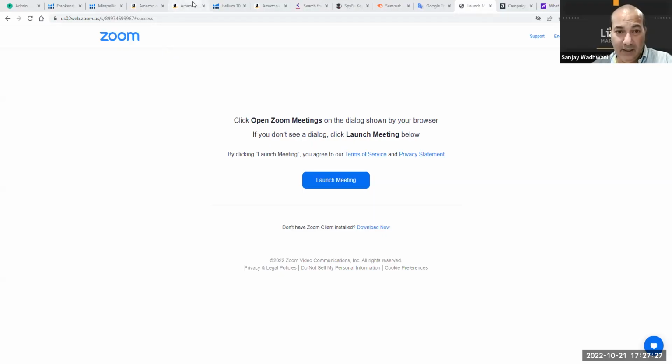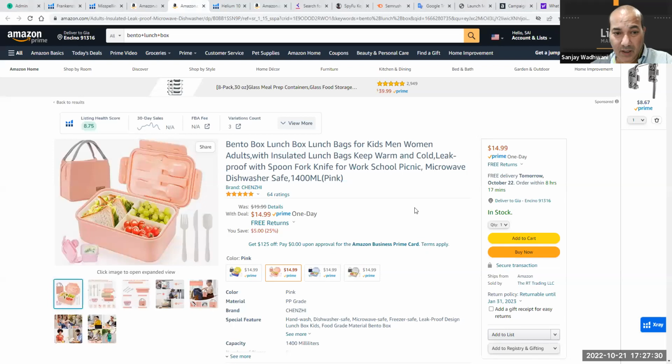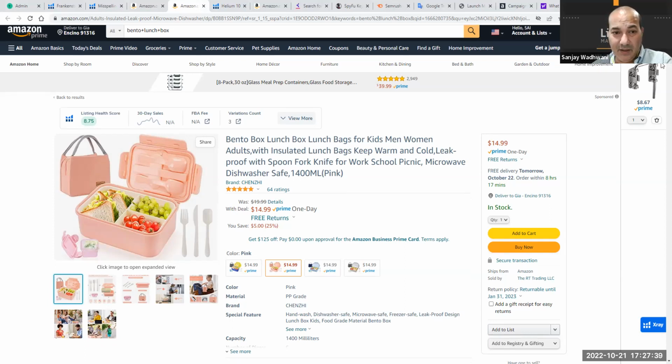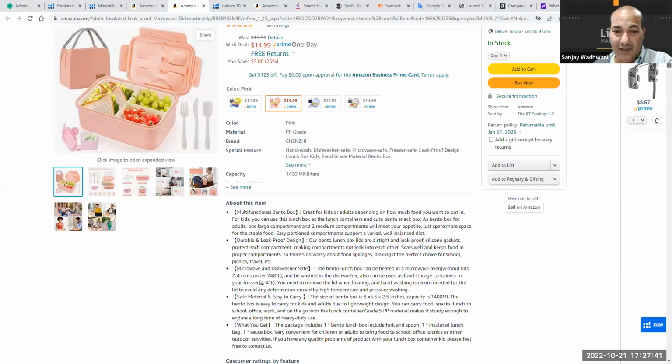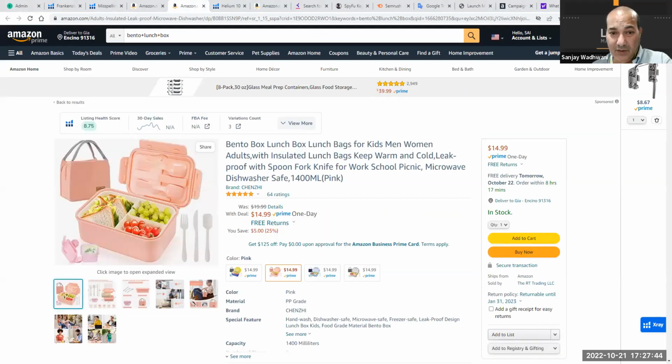So we're going to learn here how to add negative keywords in phrase match. Anytime you have a product like this or any other product, you are going to end up with a lot of keywords that are not relevant to your product. In this case, stainless steel is not relevant. We know there's nothing in this product that's stainless steel, and nothing that's plastic. Everything they're making here is made out of silicone. So let's say, for example, the product is not plastic, and stainless steel is not the